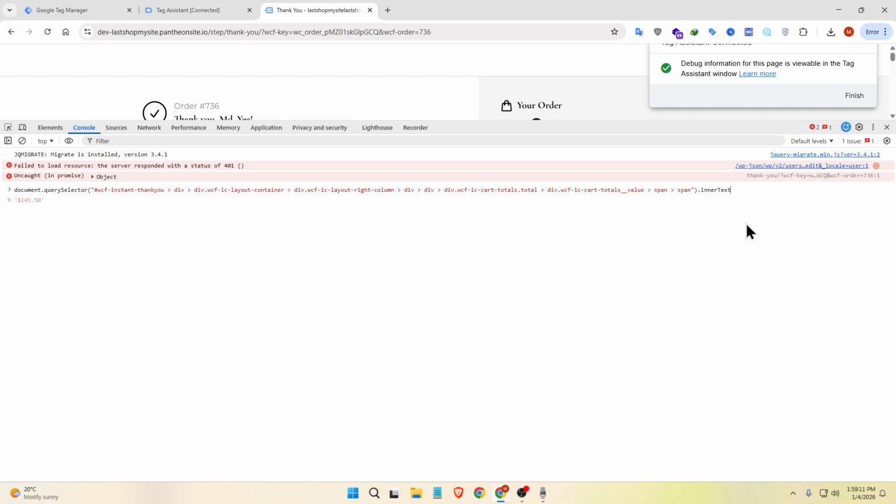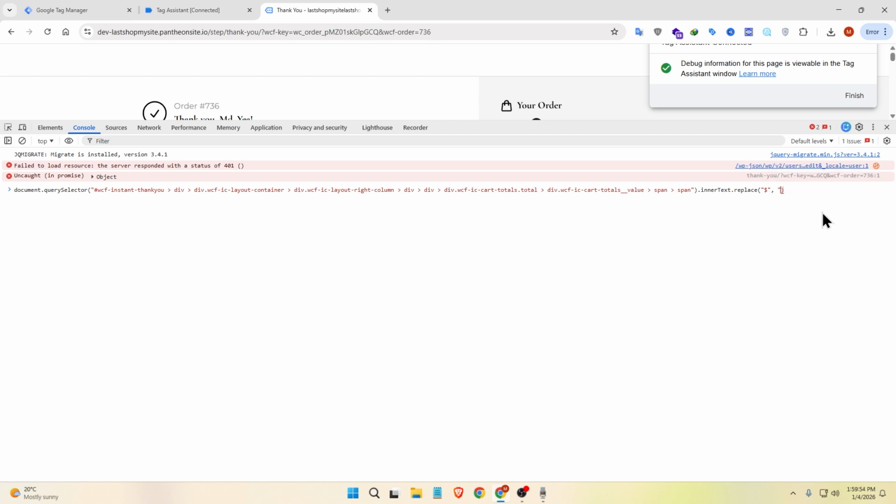So now we have to replace the dollar sign here. To replace the dollar, we have to type another dot here and then replace. What we want to replace, we have to type inside this bracket. We have to give two quotations. The first quotation is what we want to replace. We want to replace the dollar. So I'm typing dollar inside the first quotation, and then I will give a comma here and one space